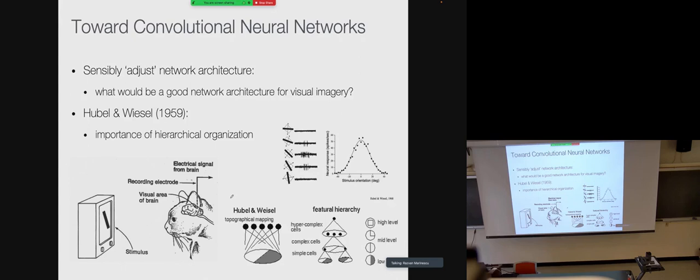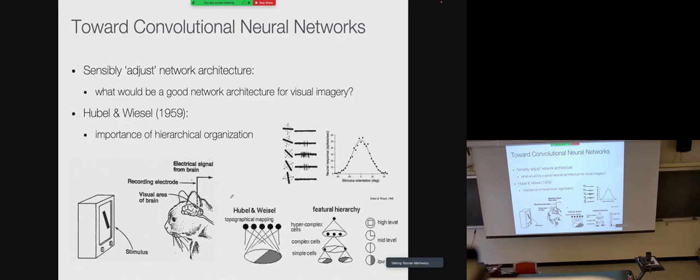So in this study by Hubel and Wiesel in 1959, they had a cat. They showed a stimulus, for example a bar, and then they measured the electrical signals in the visual area of the brain. They measured multiple, let's say, functions like convolutional operators. When this operator was not aligned with that stimulus, it wasn't giving any result. But when it was aligned, when this one is oblique and this one has the same angle, then it was giving signal. So the orientation matters.